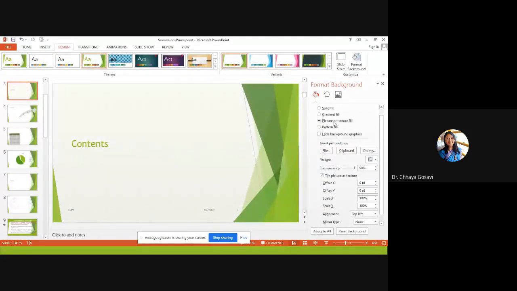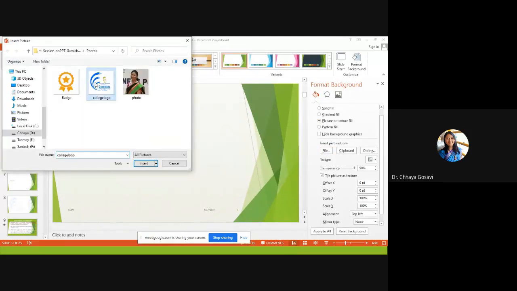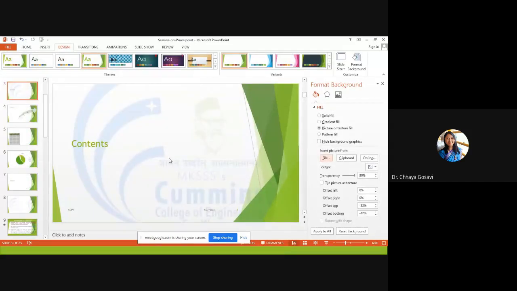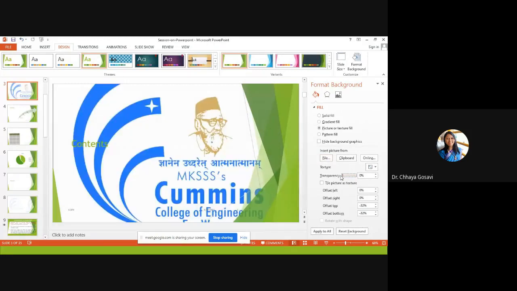And for picture, you can choose a picture from a file. So to answer your query, I have chosen this picture option. Then from a file, choose whatever logo you want to insert. So that will be a background, and change the transparency. Initially, when it was added like this, you can format this picture.